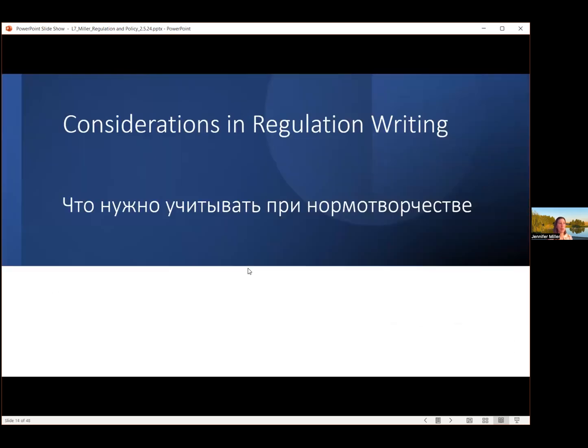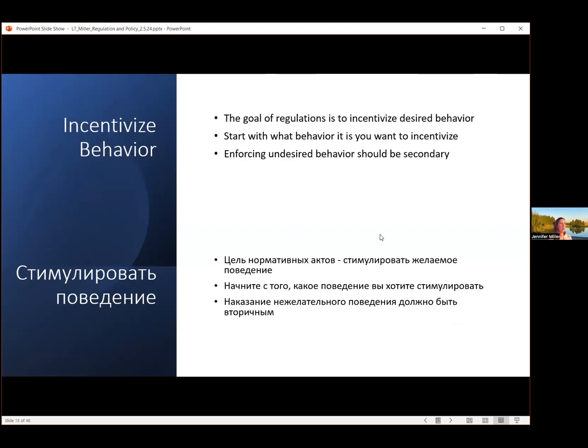Okay, so with that, let's dive in to how I like to approach regulation writing. I start with trying to incentivize a desired behavior. I start with what behavior it is that you want to incentivize, and really come to the enforcement as a secondary. One of the examples, and I'll go into more detail about this, but an example of this that really struck home for me was